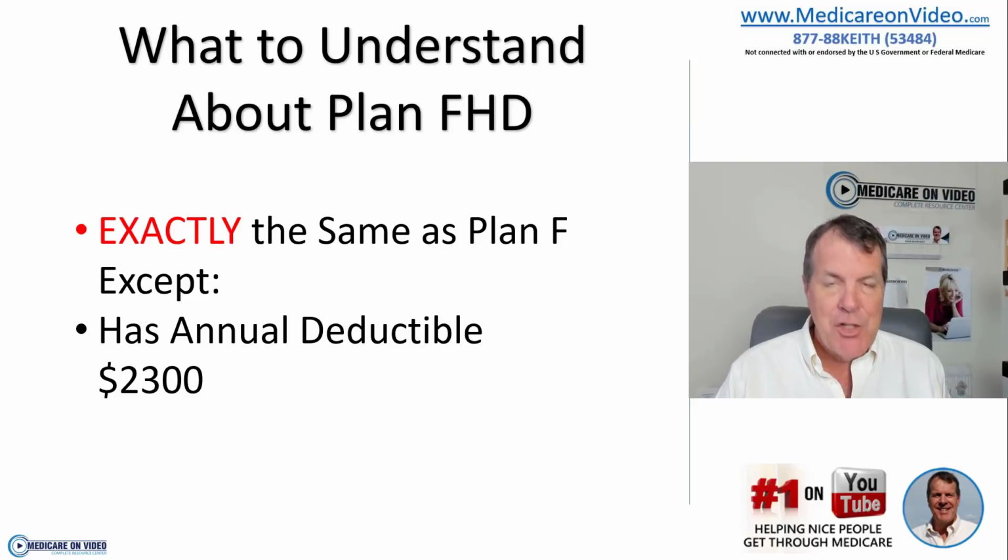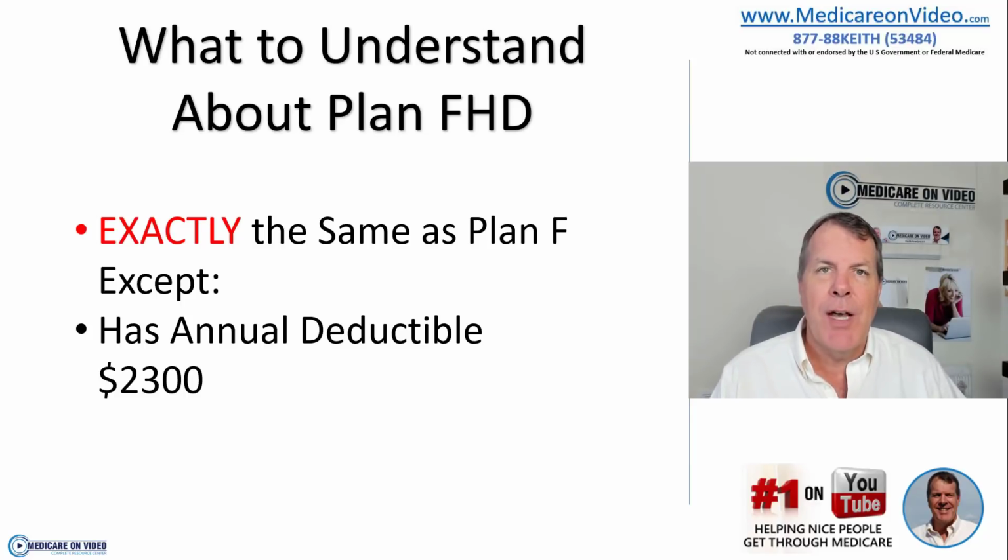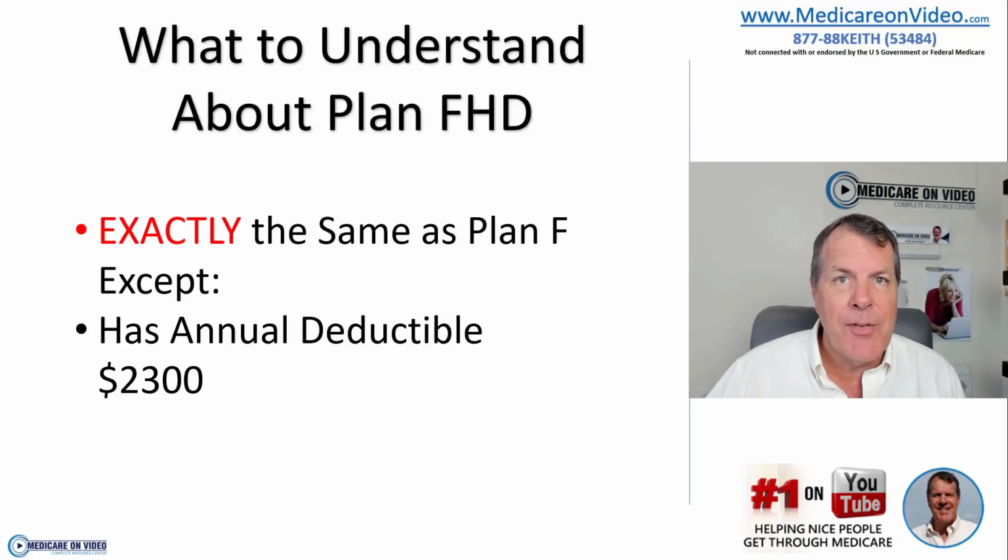So in other words, January to January, you're responsible. Medicare is going to pay their 80/20. They're going to pay like they regularly do on A and B. And then on your side, the 20% or the hospital deductible, you're going to be responsible for until you reach $2,300 out of pocket. If you reach $2,300 out of pocket, it's going to pay 100% the rest of the